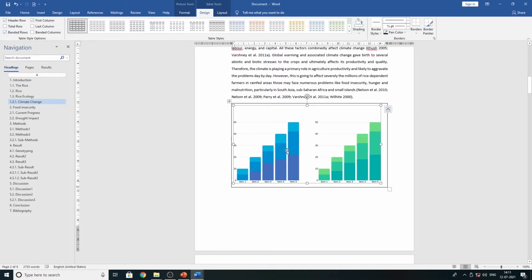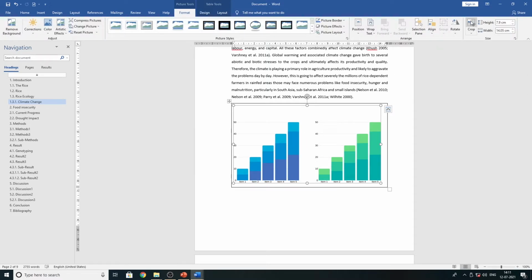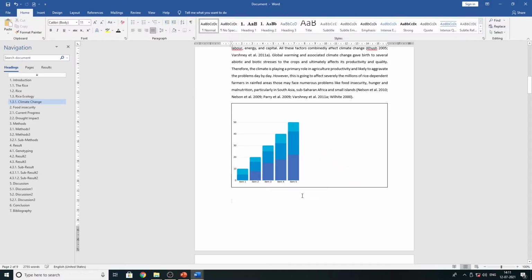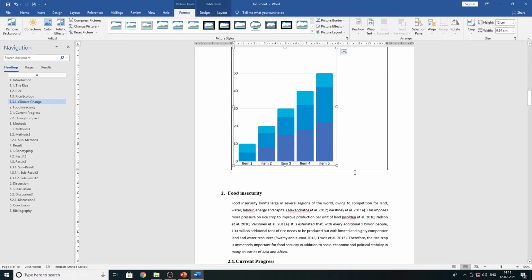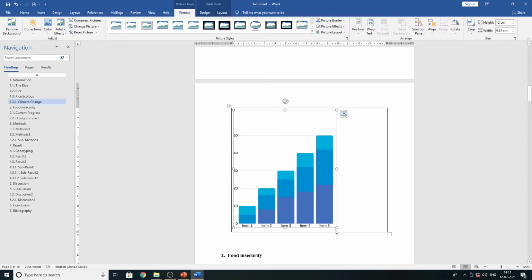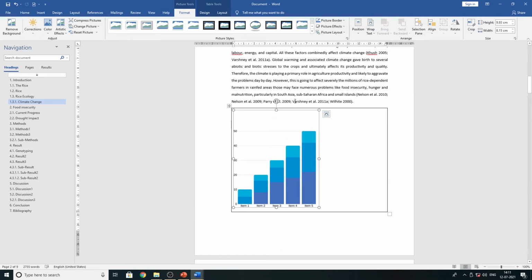So this is figure 1 and this is 2. I am going to crop this figure from here. Double click on that figure, see, crop, a new window will open. I am going to crop this one. So figure 1 is completed, and I am going to extend this figure. See, automatically it will jump to the next page. You have to reduce this figure so it adjusts to your first page where you want to keep it.